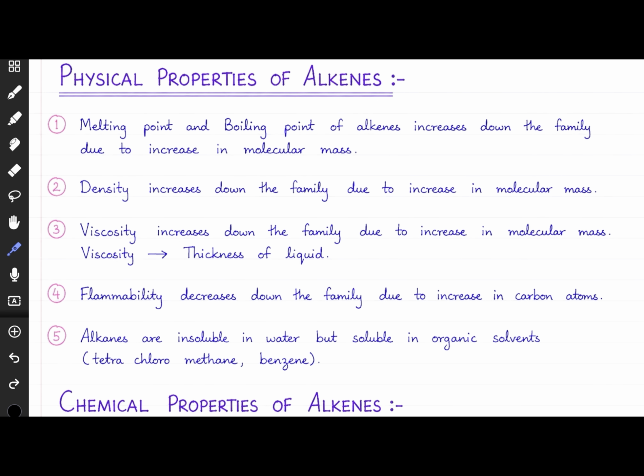So the first thing is that the melting and boiling point of alkenes increases down the family due to increase in the molecular mass, and the reason behind this I've already told in the previous video. And the second thing is that the density increases down the family due to the increase in the molecular mass. Third thing is that the viscosity increases down the family due to increase in the molecular mass, and viscosity is